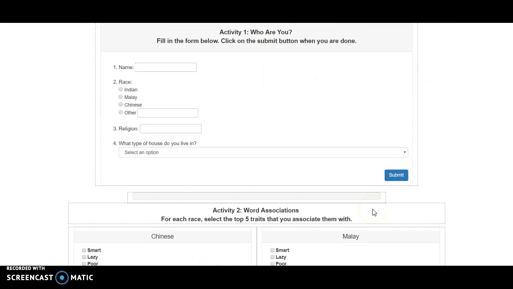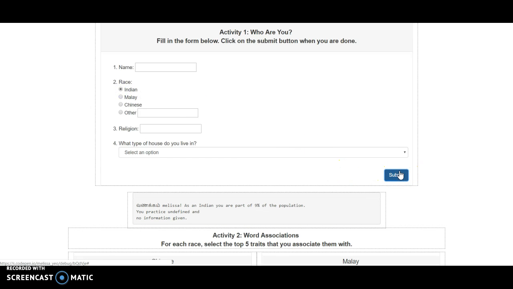So we have 3 activities for our students to reach their learning goals. The first activity is for students to insert their information and create an ID form. Once they click submit, this activity will allow students to see messages as to what percentage of the racial population they make up in Singapore. And we have also created it such that the students will be greeted in their mother tongue of the race that they select. So as you can see now, I'm just demonstrating how the different greetings look like for the Indian,